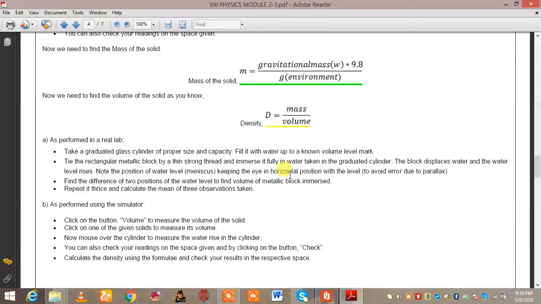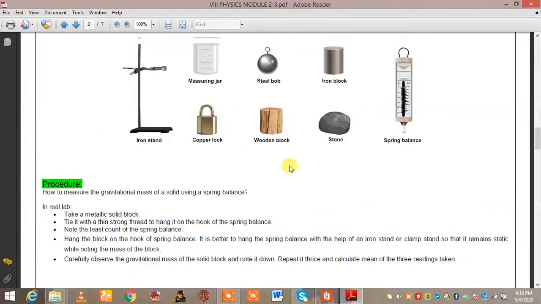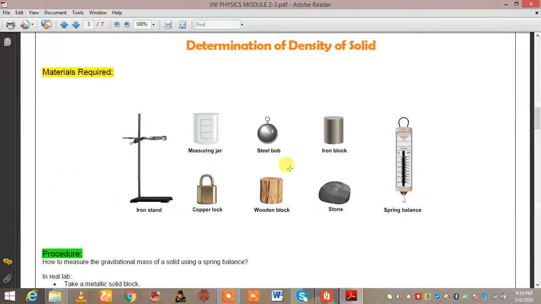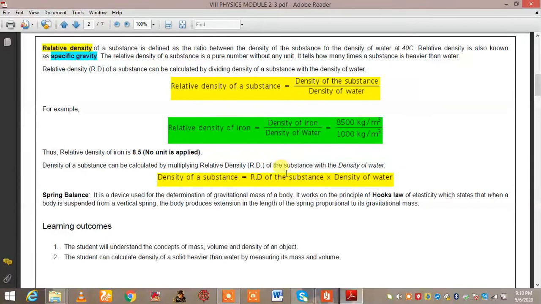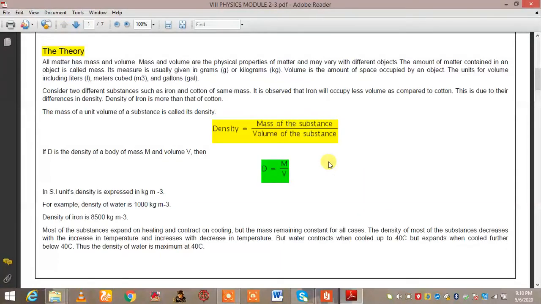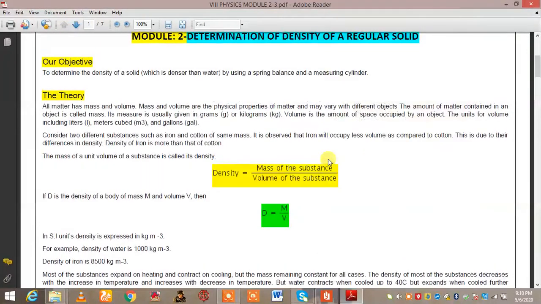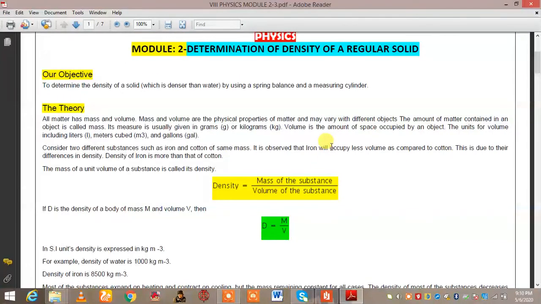In the next class I will give you the answers and start a few more interesting topics, that is buoyancy. So I would suggest that you do this beforehand, so that it will be easier for you to understand the concept. And I will give you your question answers as well for this.